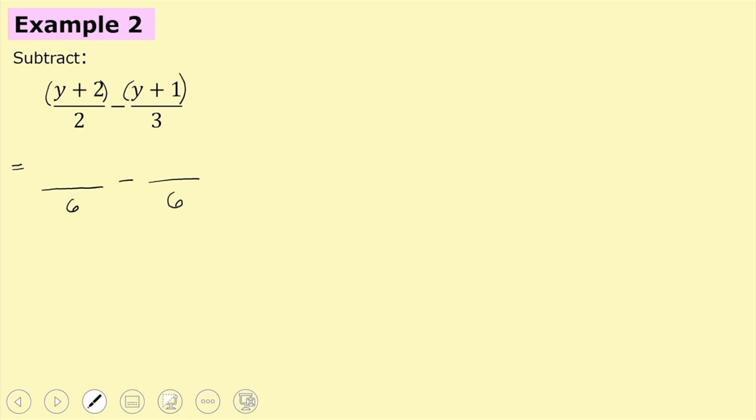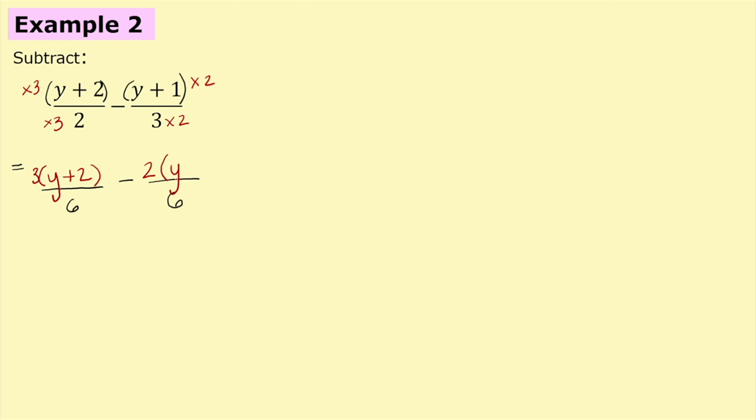How have I changed that 2 to become a 6 on the first fraction? We'll times it by 3, meaning I have to times the first fraction by 3. So 3 times that whole bracket, y plus 2. And then I've times that 3 by 2 to get 6, meaning I need to times this by 2 to get 6. So 2 bracket y plus 1. Once we've got that, we can just go ahead and subtract these. So 3 bracket y plus 2 subtract 2 bracket y plus 1